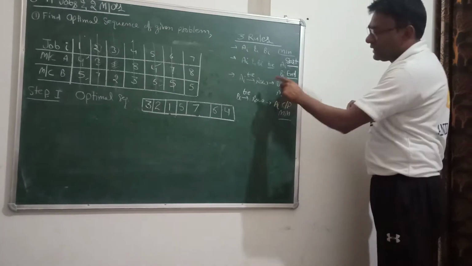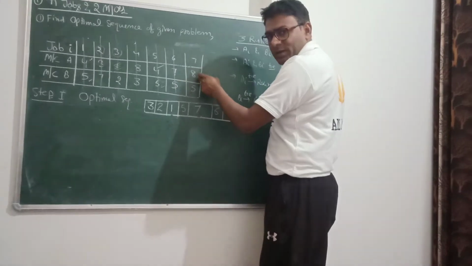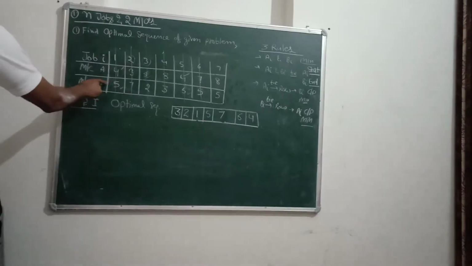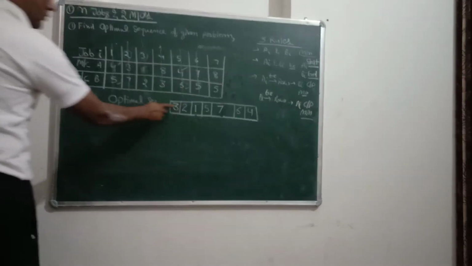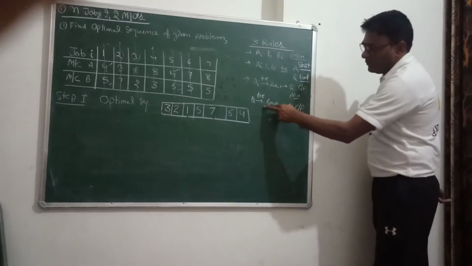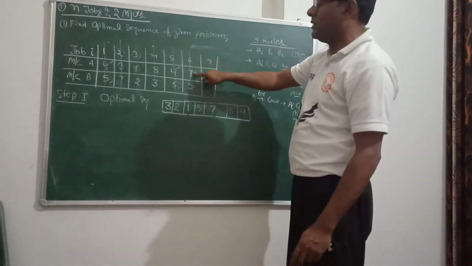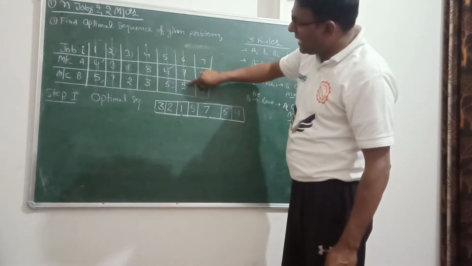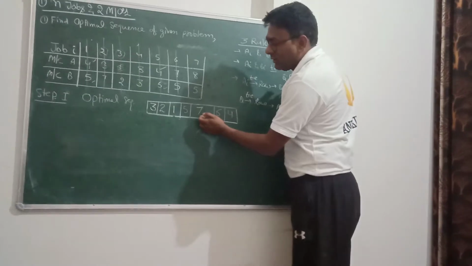Now the third rule says that if there is a tie in the corresponding values of machine A for minimum values, then you have to check the corresponding cells and see which is the minimum time in B, and the corresponding job will be entered from the starting. And similarly, the last rule: if there is a tie in the minimum values of row B, then you have to check the corresponding processing time in A, and the job which has the minimum time for A will be entered from the end of the job sequencing order.